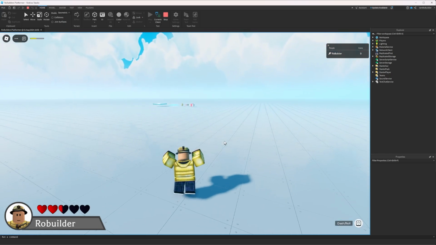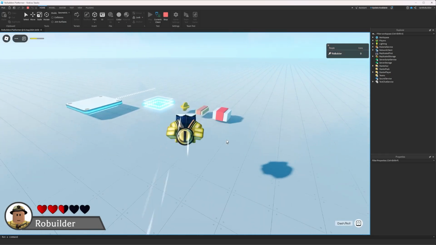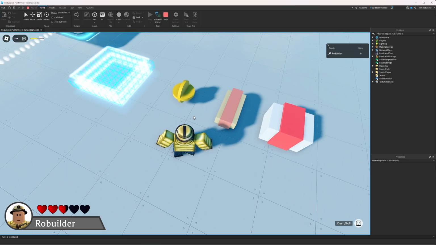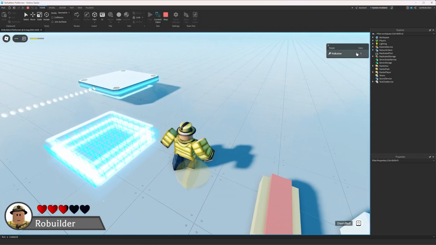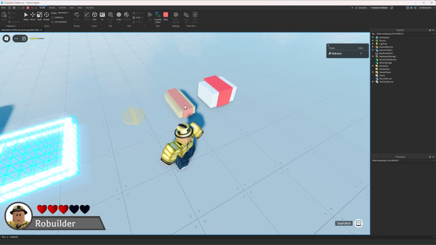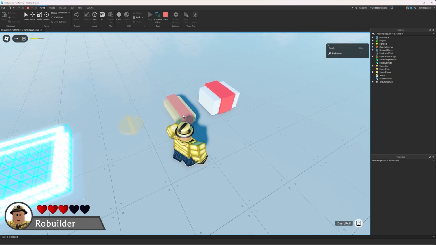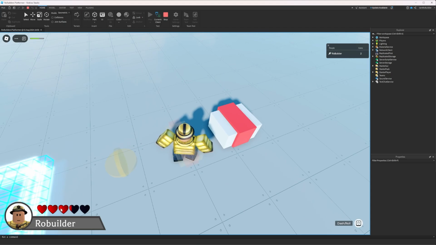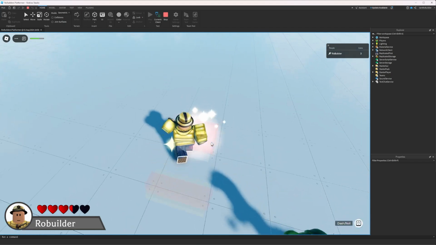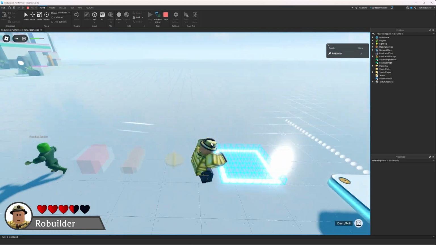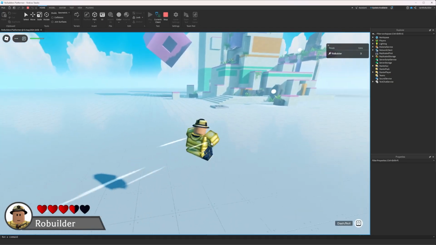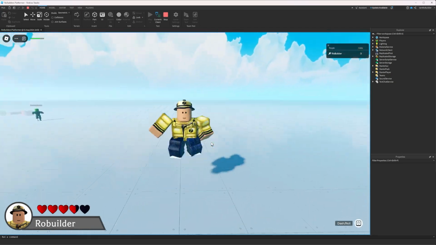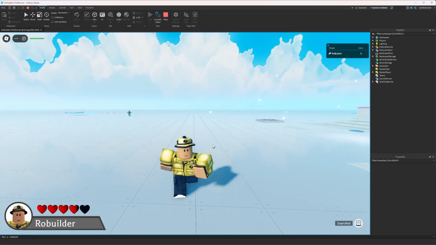Now we need to figure out this stuff, which we also got done. Looks like the coin is just a little bit broken, but you can pick up coins. There you go. And there will be a steak. It's a hot dog for now because it's a very easy part model, but this will be a steak, and it will regenerate 50% of your health. And then this will be a med kit that will regenerate 100%. So I guess what we need to do next is hop into Blender and get those models modeled.